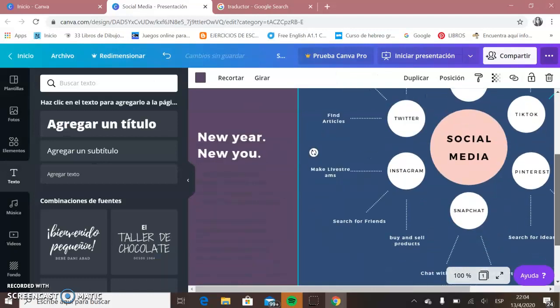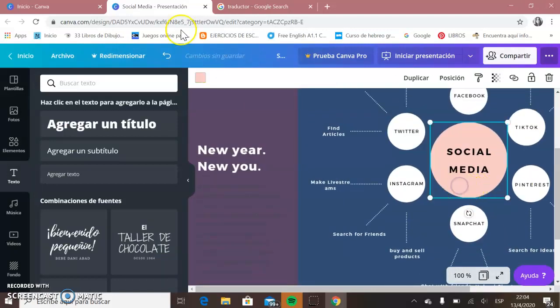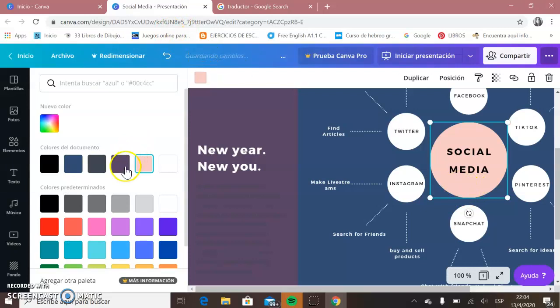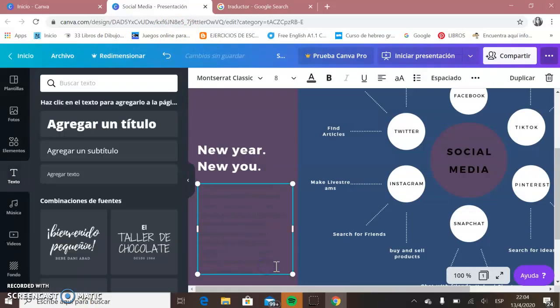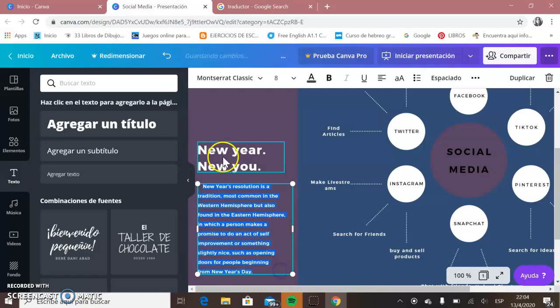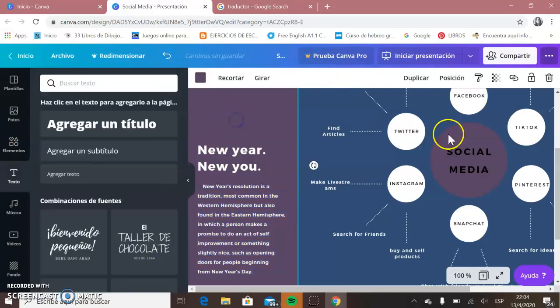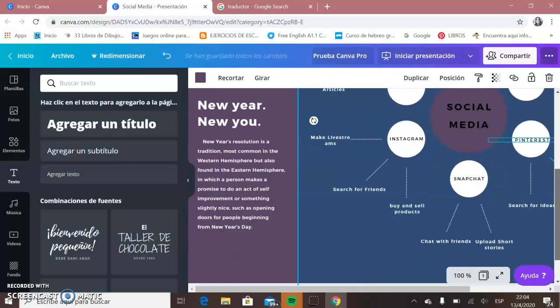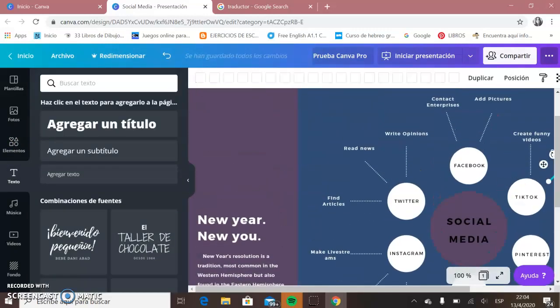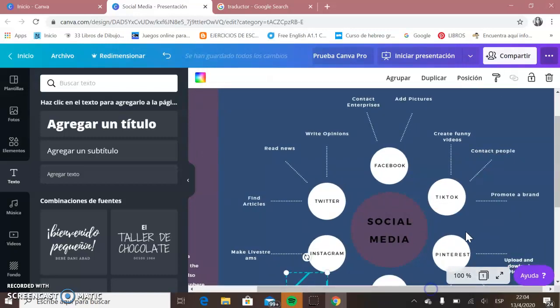Let's say in white, and we're going to change the color of this one also, and all of this text in white. Okay, now let's say that we want to add in here some pictures,